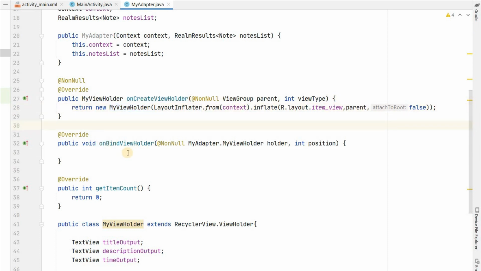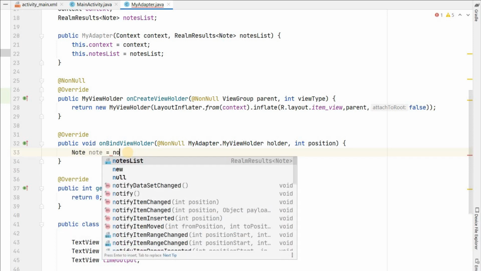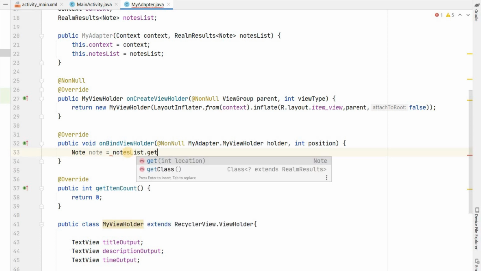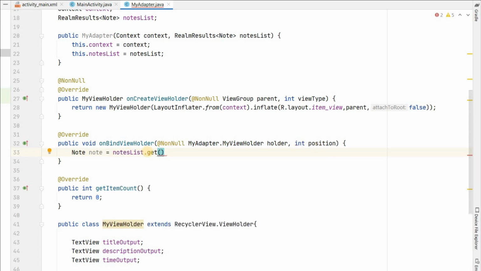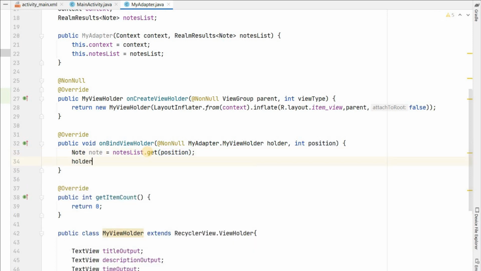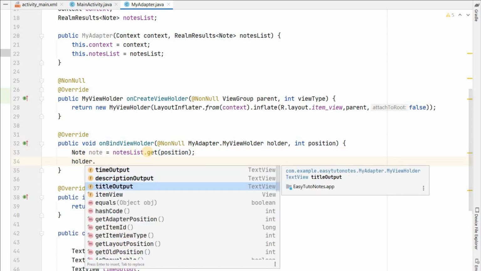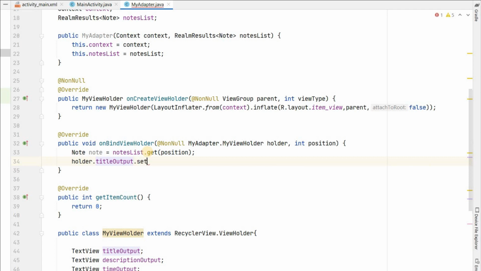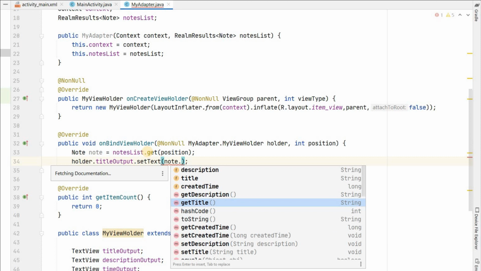Now in onBindViewHolder, we will bind the notes to the view. First get a note from this notes list dot get. We have to pass the position so that we can get the specific note, and we will set to holder.titleOutput.setText(note.getTitle()).